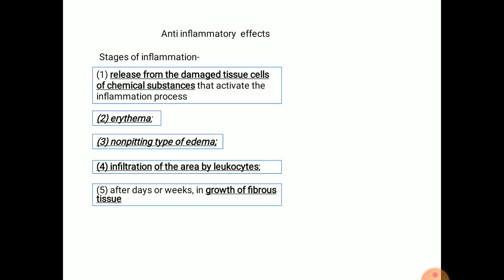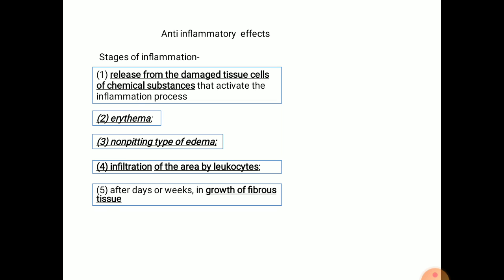Leakage of a large quantity of almost pure plasma out of the capillaries into the damaged area, and this is mainly due to the increased capillary permeability, followed by clotting of the tissue fluid, and thus causing the non-pitting type of edema. Here we know that the edema is due to the leakage of the plasma through the capillaries, along with the clotting of the tissue fluid. Now the fourth phase is the infiltration of this area by the leukocytes, and